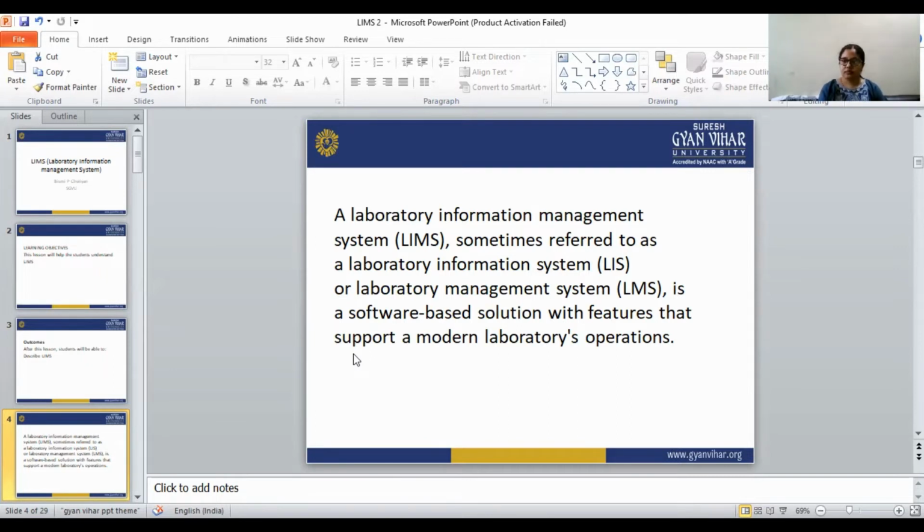In the pharmaceutical industry, or in the pharmacy area, we are going to study what the uses of the computer are. These are the software that we have to install in the computer, and after that we can work on the computer. The computer is connected to different equipment, and the software collects all the information about that particular instrument. If we are doing any stability studies, we can connect the computer containing the software to the particular equipment.